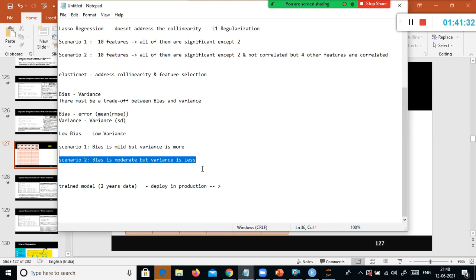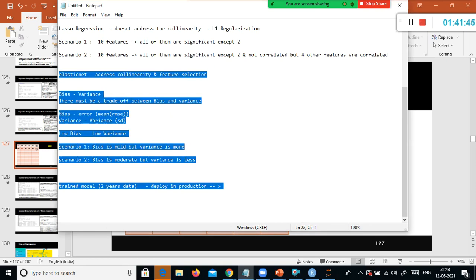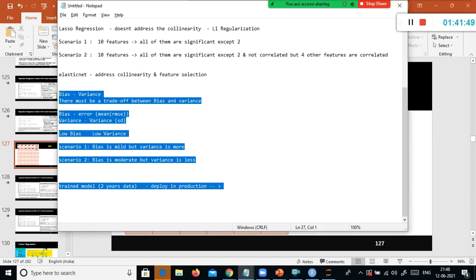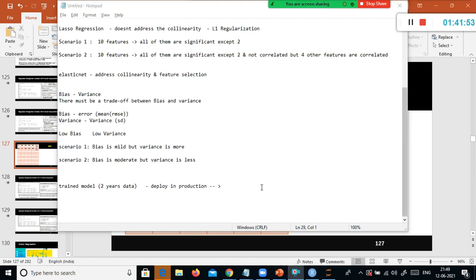Hope you understood. See, I repeated everything one more time because this is the fundamental thing. I just go step by step and I repeated it one more time because this is the important thing you need to remember, right? Hope you understood these two scenarios, that's all. So based on which you deploy the model.